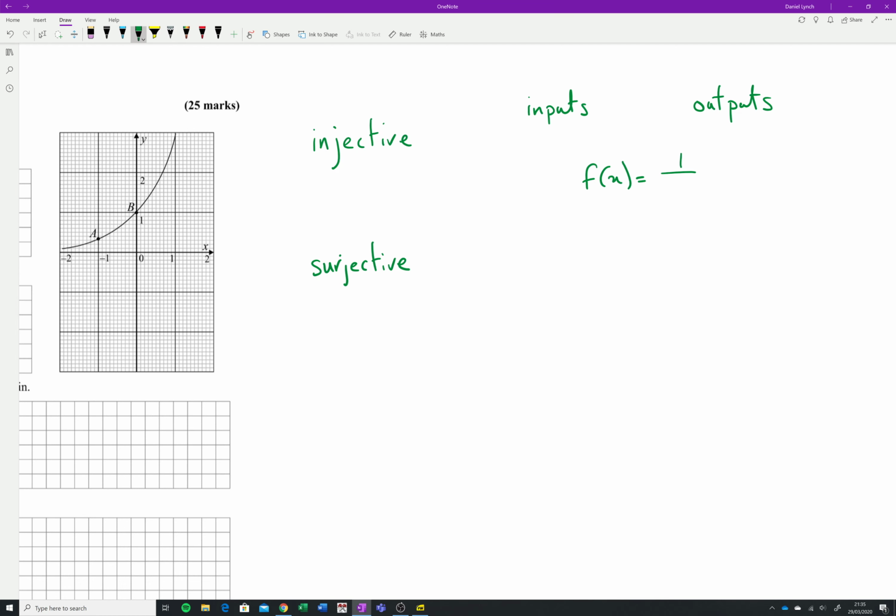I'll give you an example. 1 over x. There's a specific value here of x that you can't put in. Hopefully you know what it is. You can't put in 0 in here. So this would be a case where you can't actually just place any number that you want in. And if we were to change it around, like 1 over x plus 3, now there's another value that you can't put into this one, and it is of course minus 3. Obviously you can never divide by 0, so that would be an example of something that can't have just anything go into it. If you want an example of something that can't have anything come out of it,